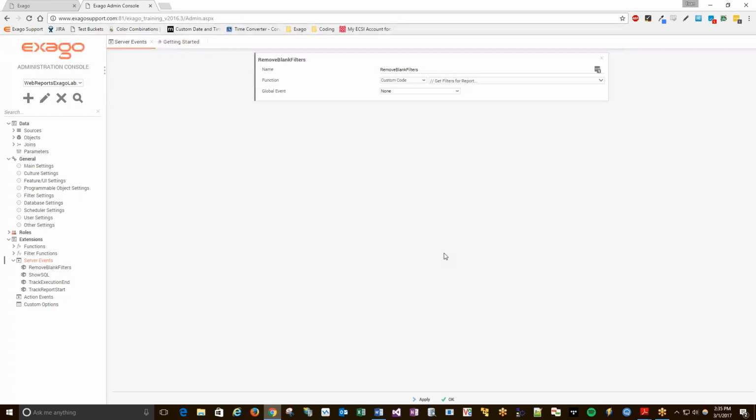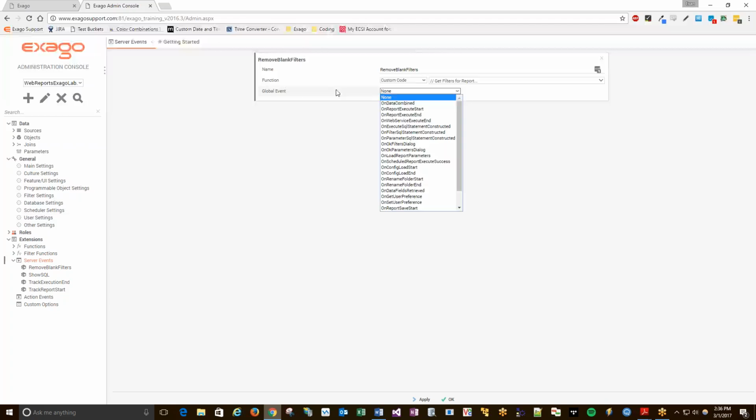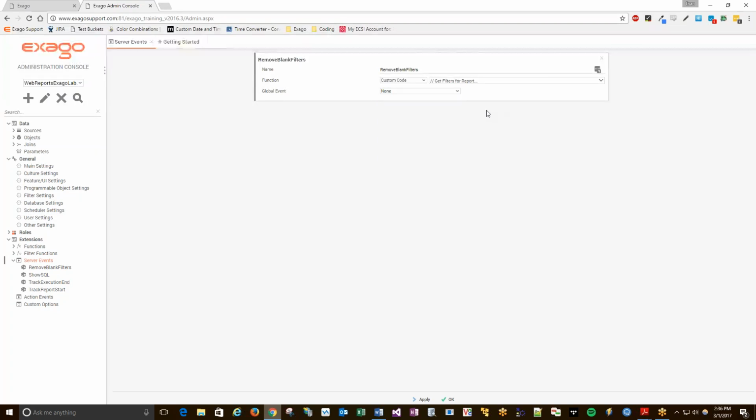So before I mentioned the concept of being able to add a server event to a particular report. And what this means, the alternative to this is if I were to implement this event globally. So for the entirety of this session, any report that would be executed would hit this event if I were to set the global event to onReportExecuteStart. And you may not always want to have a server event that you've developed affect all of the reports that are in a session. You may be developing server events that may be more specific use case for particular filters. So the way that you would add this specific server event to your filter